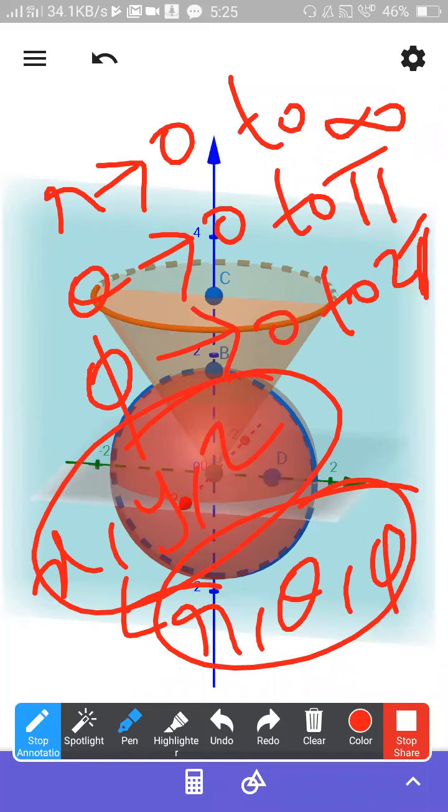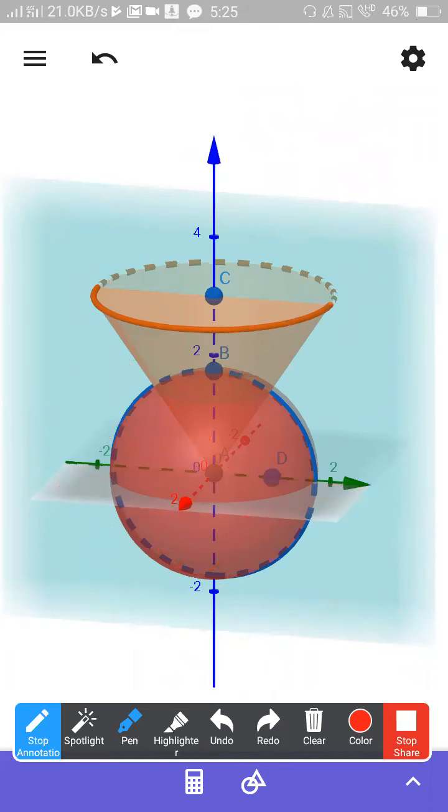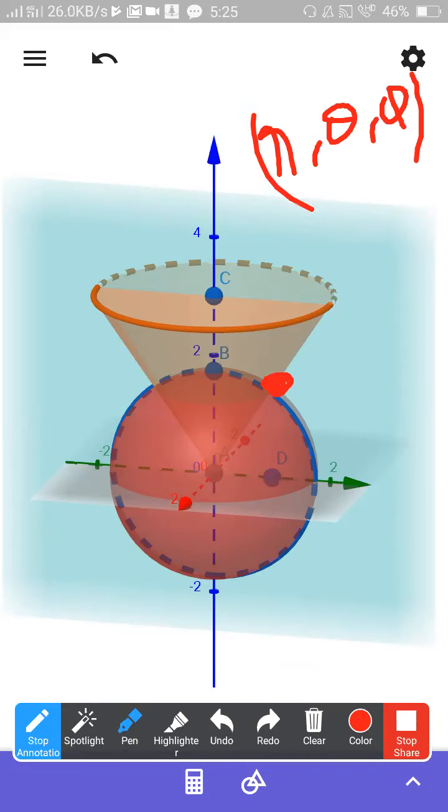What do you mean by these relations? Say I have chosen some point. For this, definitely there will be some r, some theta, some phi. With some r, some theta, some phi, I have reached that red color point. Is it the only way to reach that point? I can also reach it with x, y, z, by fixing some x, y, z values.